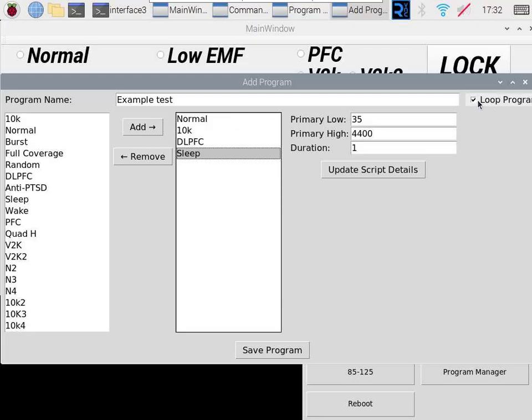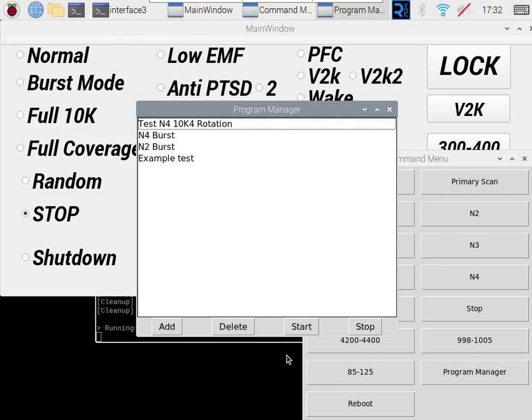If you do not select loop program, then it will run through it one time, and once it makes it to the last item, it will remain on the last mode. So after it gets through the first 3, this would stay on sleep mode until you come and change it to something else. So I'll just go ahead and set this one to loop and hit save program,